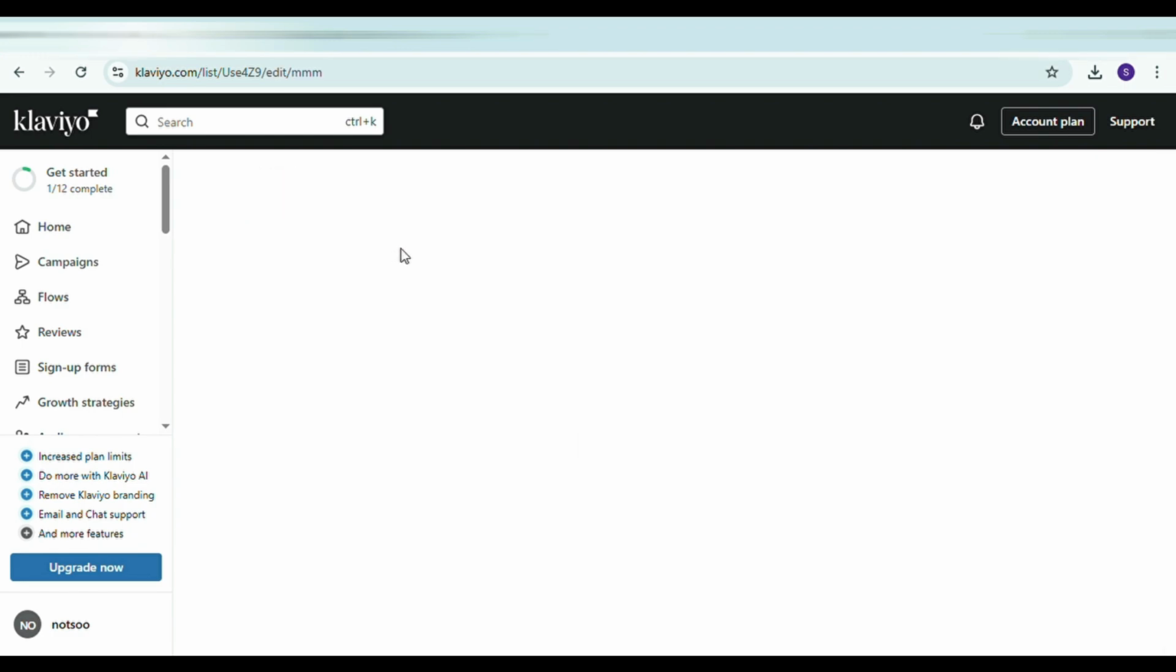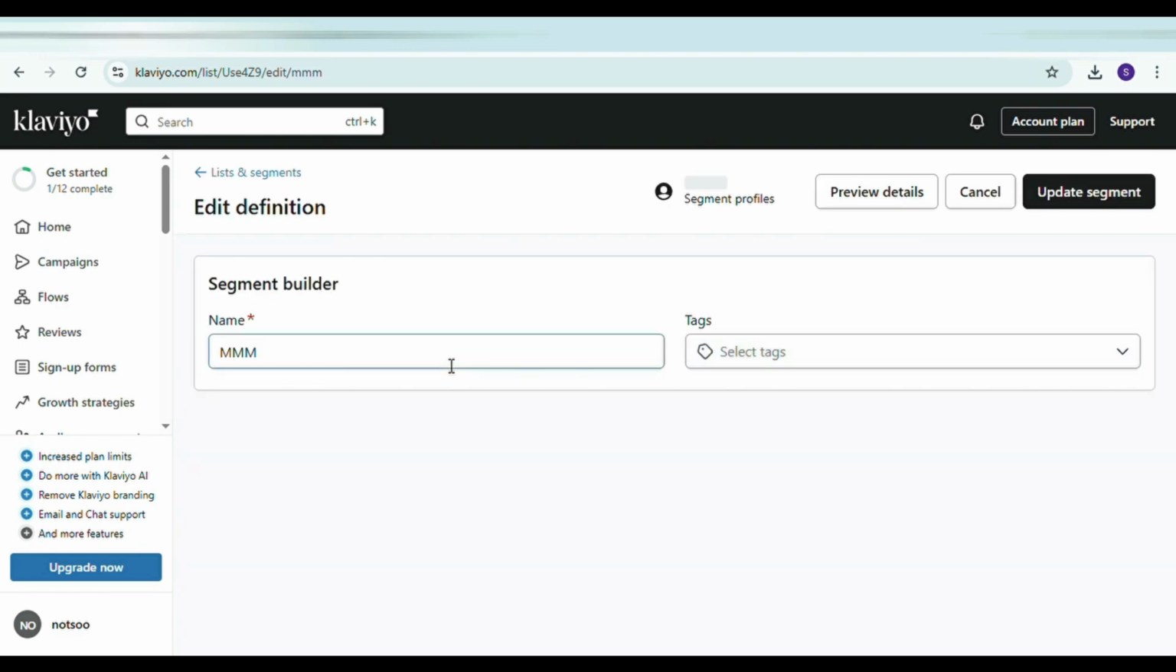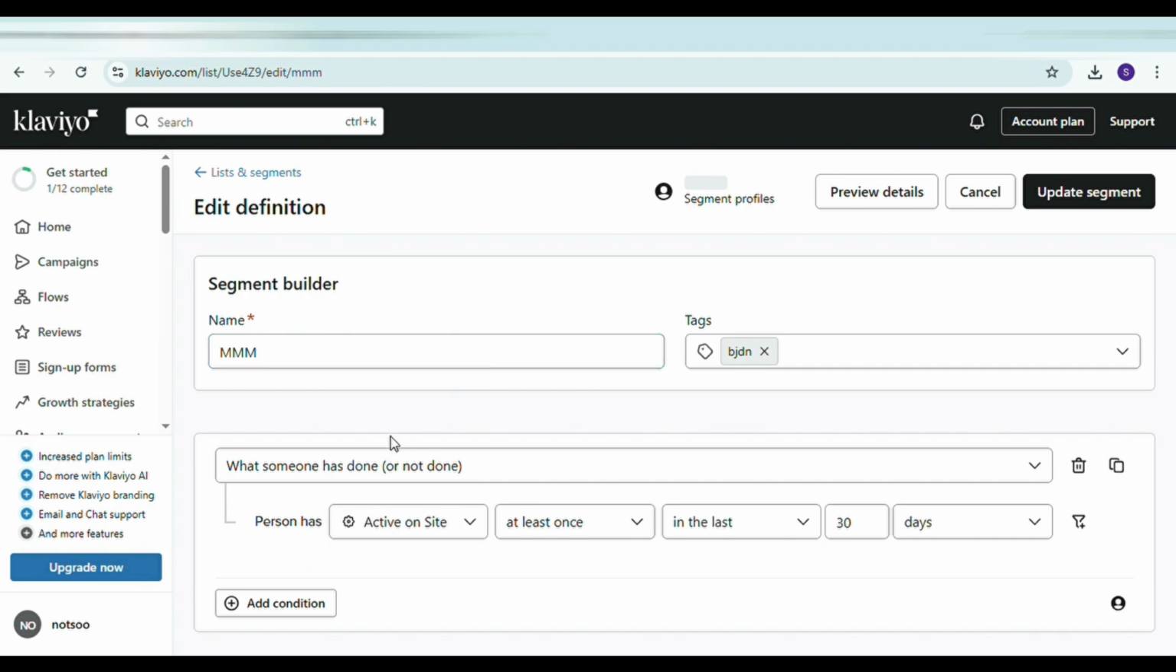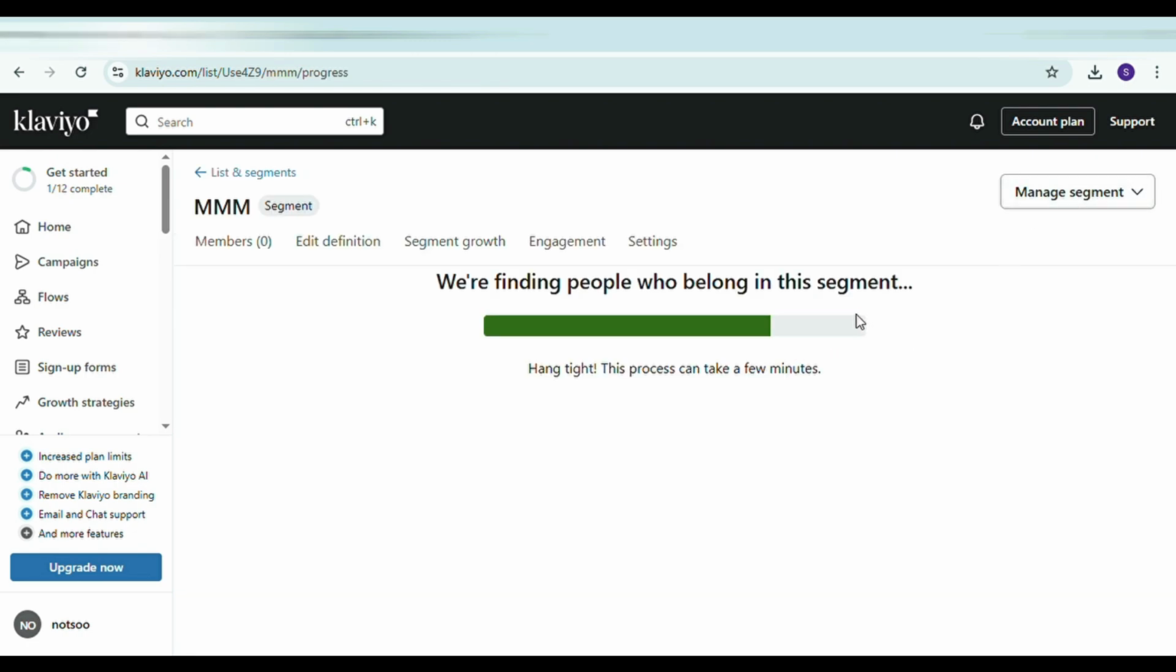For example, you can filter by activity, like people who have visited your site at least once in the last 30 days, or you can set rules for people who have done or not done a certain action. After setting up your condition, click Create Segment. Klaviyo will take a few moments to generate it. Once the segment is ready, you'll see all the matching profiles inside your list, and you can manage or suppress